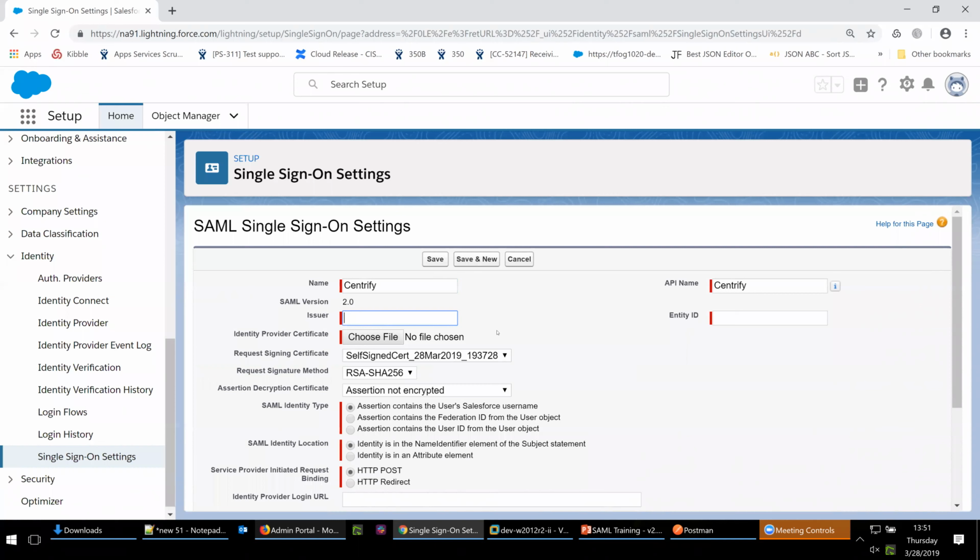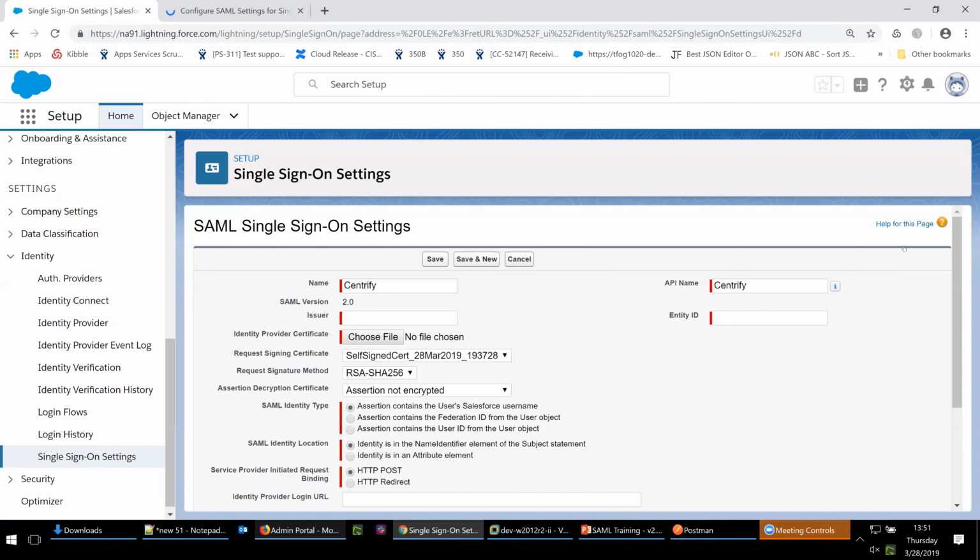So that's where the question comes in: the IDP has an issuer and an entity ID, and the SP also has two. When we are asked for just these two, which one are they referring to? So there'll be a question to the service provider, in this case Salesforce. And I'm going to show you. This is what I just clicked on, the help on this page link at the corner, and it will bring me to